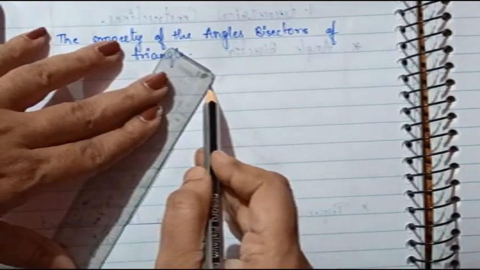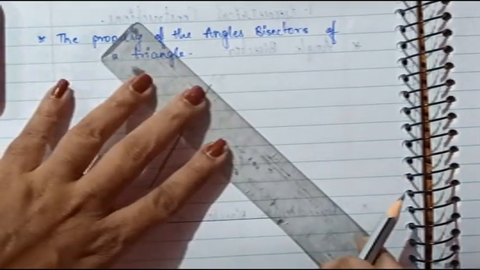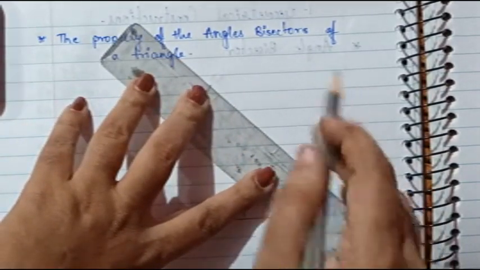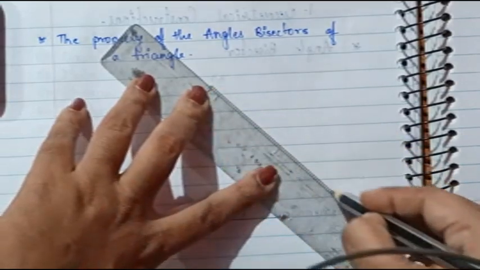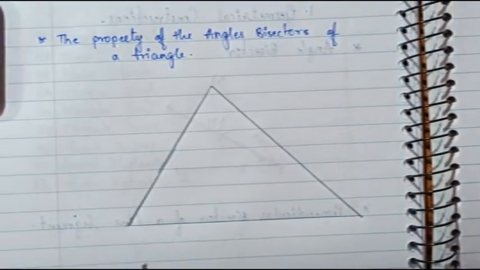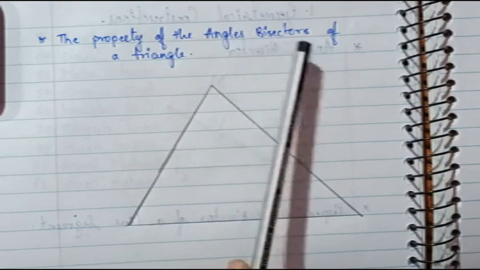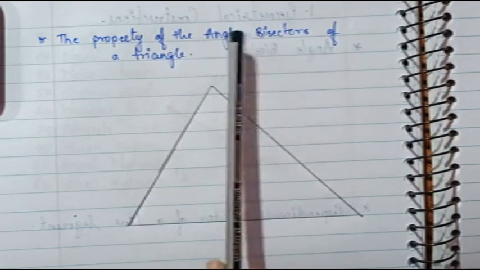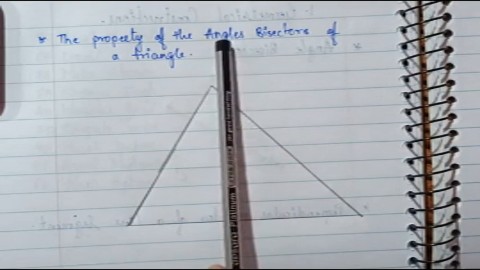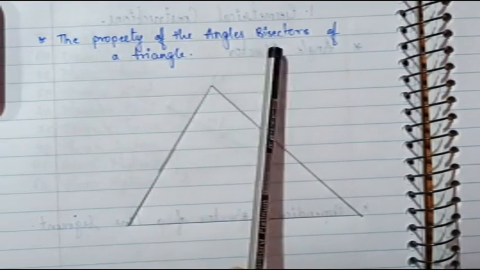So this is a triangle I'm making, and from here I'll extend a little bit more till here. I'll extend, and then I'll extend its line segment also. I have made such a big triangle for you all to understand it more clearly. As you know, this is the property of the angle bisector. I explained how to bisect an angle, but now we are going to study how to bisect the angles of a triangle. So those are the properties.